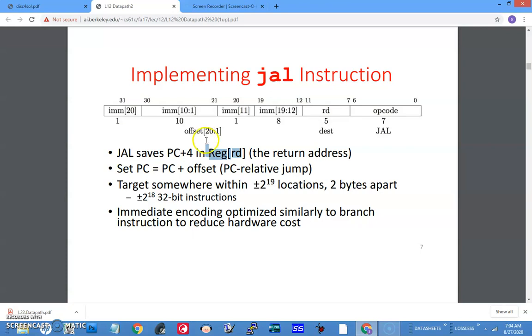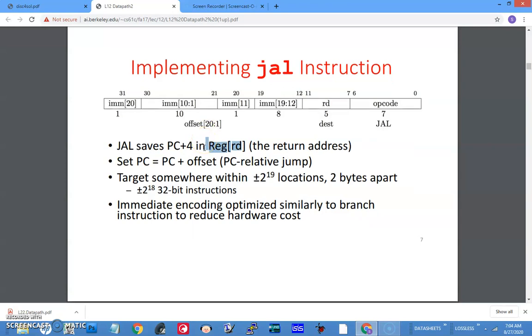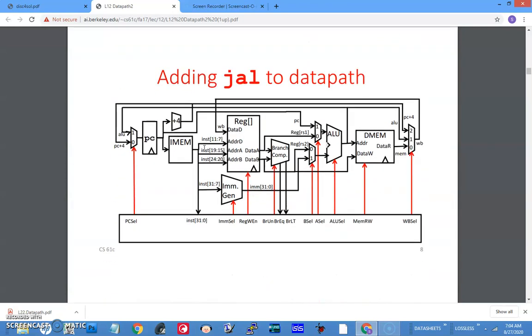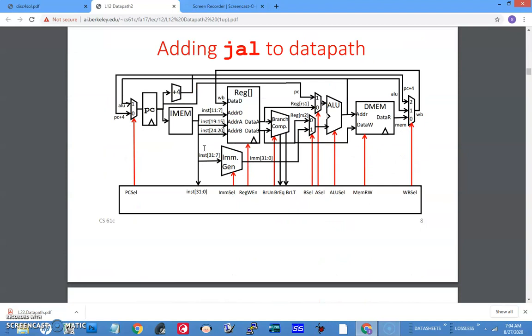Now when we see the execution, we'll understand it more. So for JAL, here also the ALU output is going to the mux, which could be the sum of PC and the offset. You can trace the line and find out how it gets the correct value.